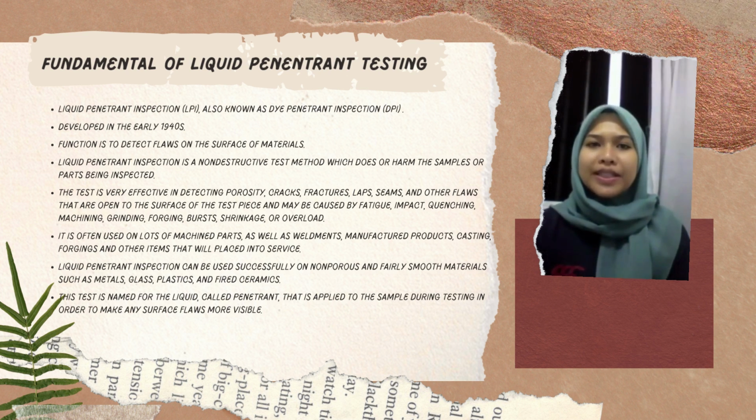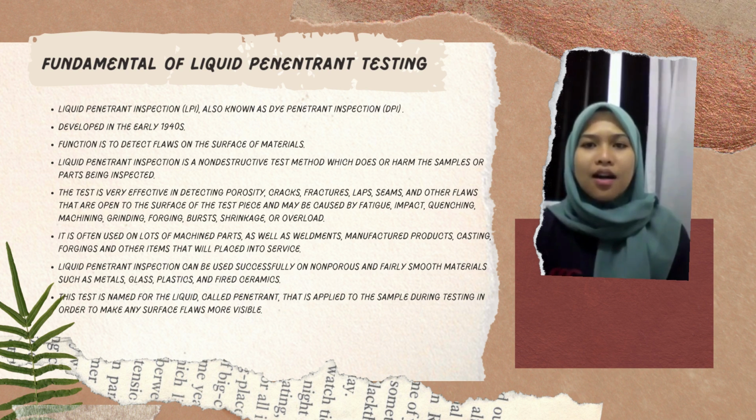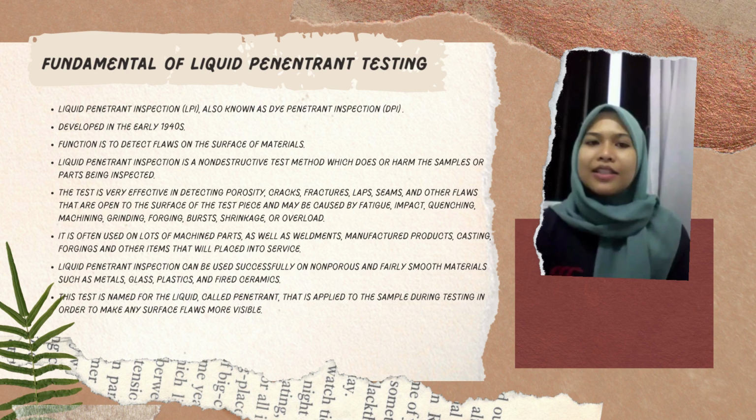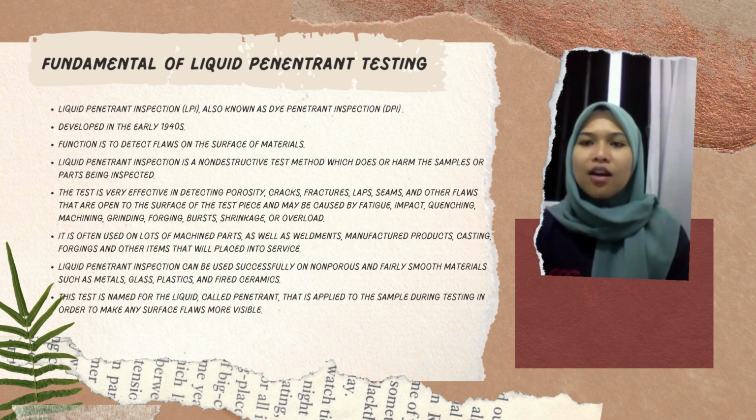Liquid penetrant inspection, also known as dye penetrant inspection, was developed in the early 1940s. Its function is to detect flaws on the surface of material. Liquid penetrant inspection is a non-destructive test method which does not harm the sample or part being inspected. The test is very effective in detecting porosity, cracks, fractures, laps, seams, and other flaws that are open to the